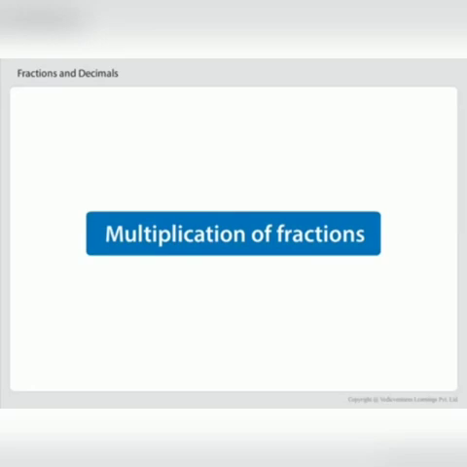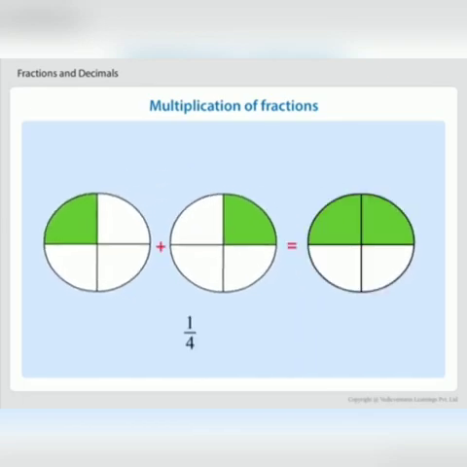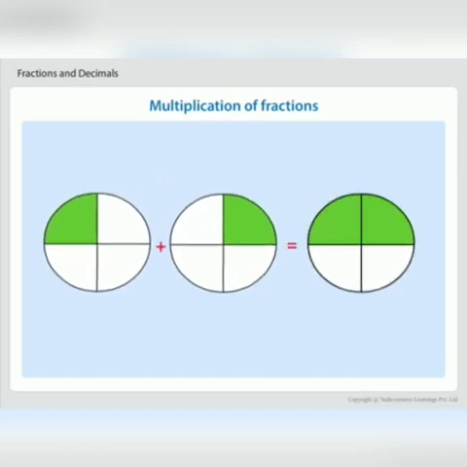So students, observe these two pictures. In both pictures, 1/4 part is shaded. So tell me, how much will the two shaded parts represent together? They represent 1/4 plus 1/4 equals 2 into 1/4. It means the shaded portions taken together are the same as the shaded portion in the previous figure. So we say that 2 into 1/4 is equal to 2/4.